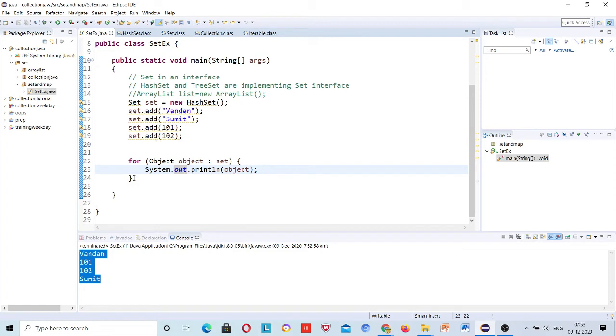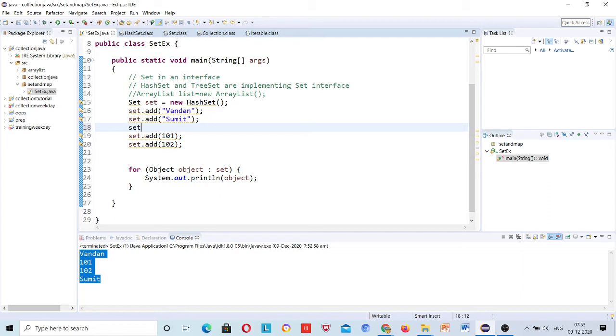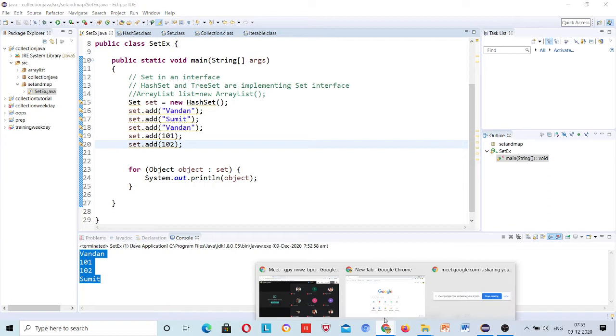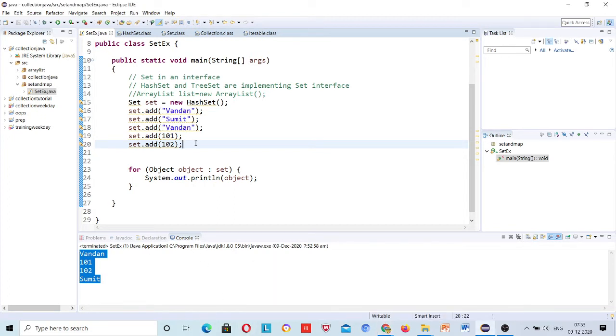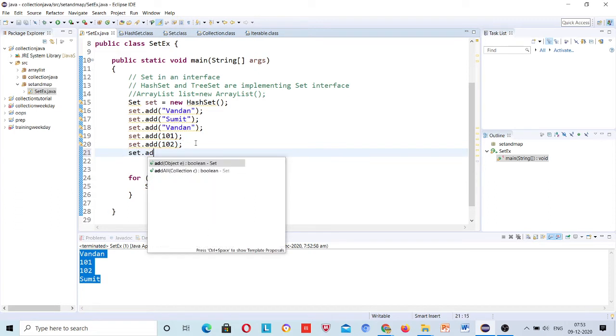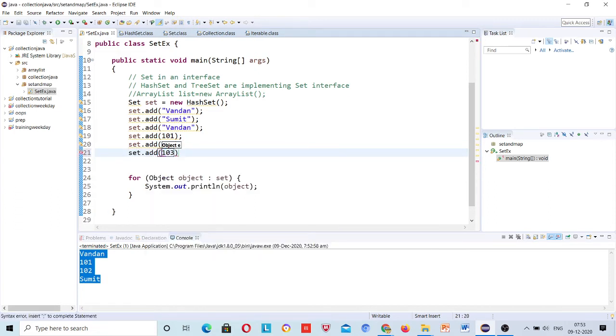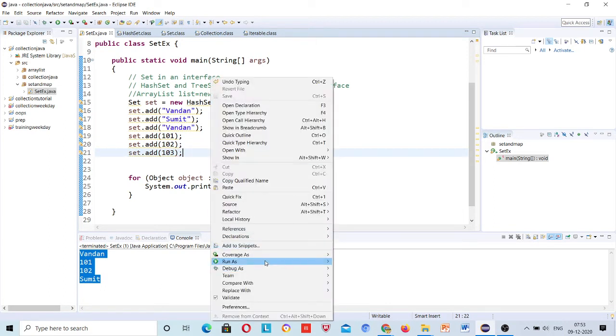Okay, now let me add one more value here. set.add Vandan, and I will run this. set.add, and I will run this.